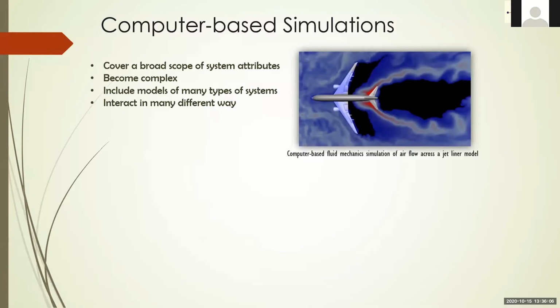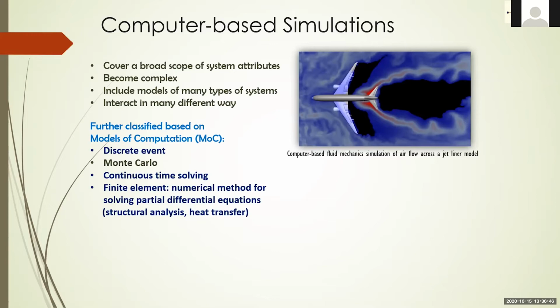Now, on the computer-based simulations, they might cover a broad aspect of system attributes. So thanks to the greater computational power that we may have, we might add more attributes. We gotta be careful because even with a high computational power, some problems, we still might not be able to handle all the variables. We may have models of different types, so different forms of models, and we will need to see the interactions between those different types of models, okay?